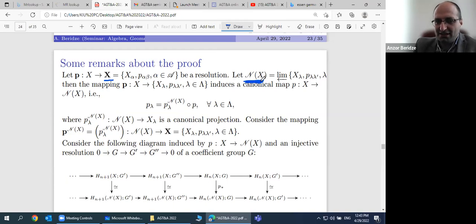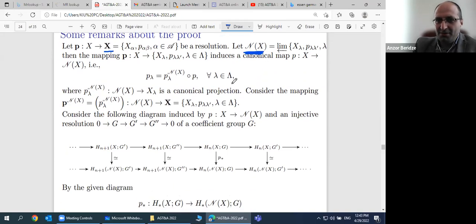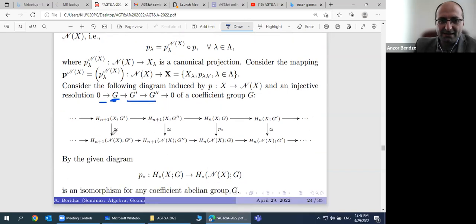And essential is the following. Because we have the bifunctor, for any abelian topological group, I will consider the injective resolution. And this injective resolution gives the long exact sequence of homology theory. Here is an injective, here is an injective, here is an injective. This is not injective, but for injective group, we have isomorphisms. And so for non-injective group, we will obtain that this is isomorphism as well.